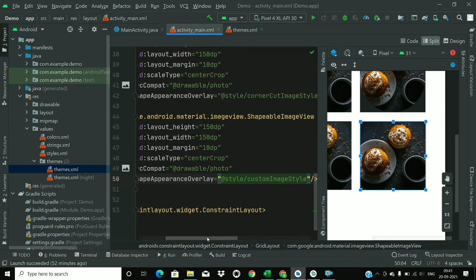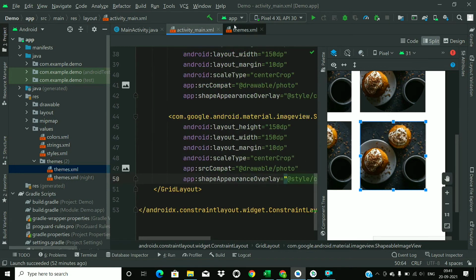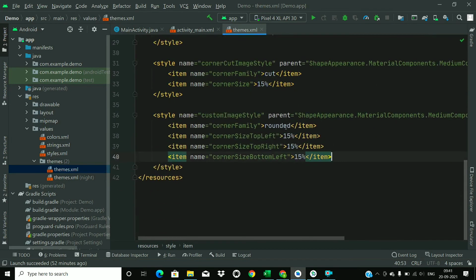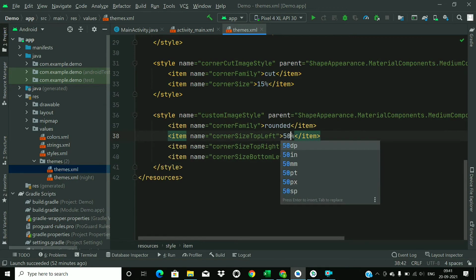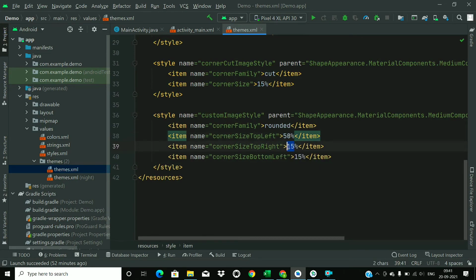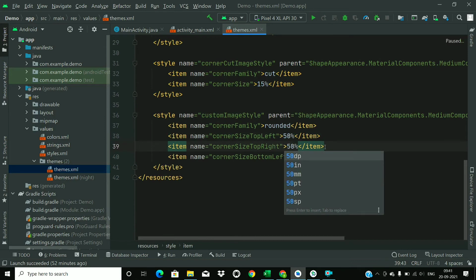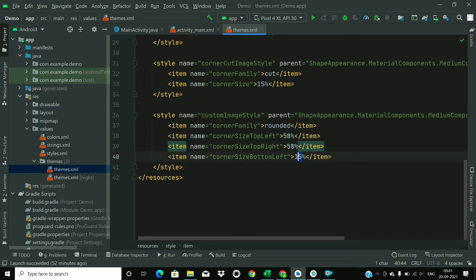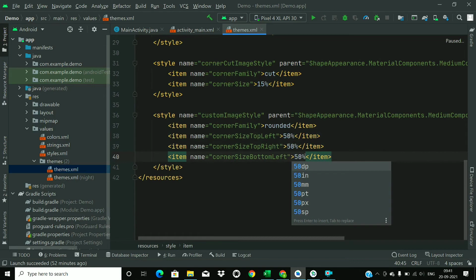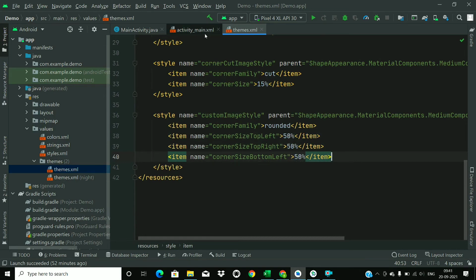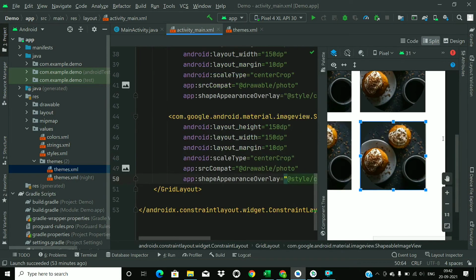I think we have made some mistake. Go to themes. Oh yeah, we have to assign all these values to 50% as we want to make the corners circular. So 50%, 3 corners are circular and 1 is a normal corner.